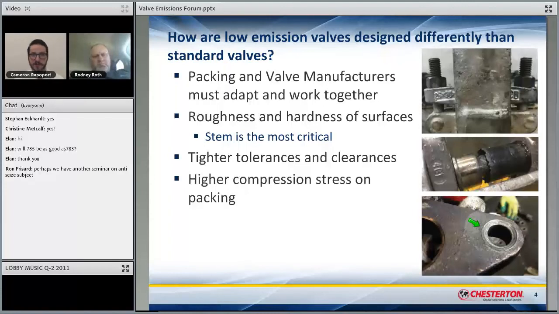And just so people know, I know everybody's probably very familiar with valves, but you can see that this valve flange is this part right here. You can see that green arrow, and you can see that they're just not aligning. So that's going to be what's actually putting that load on packing.